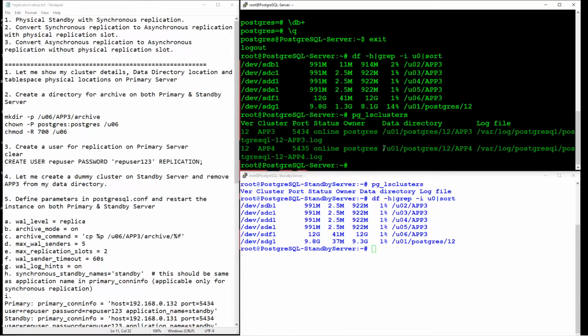As part of this demo, I will create the archive destination in U06 on both my primary as well as the standby server.